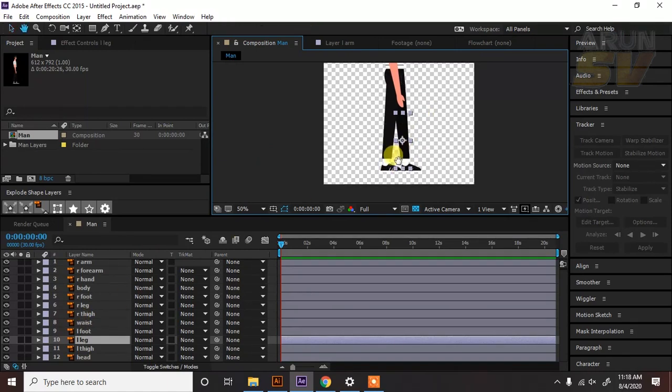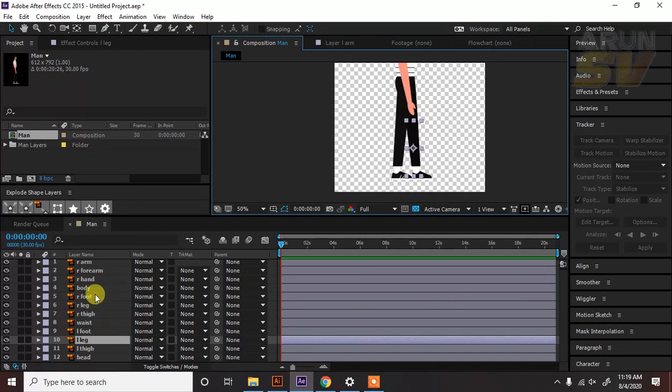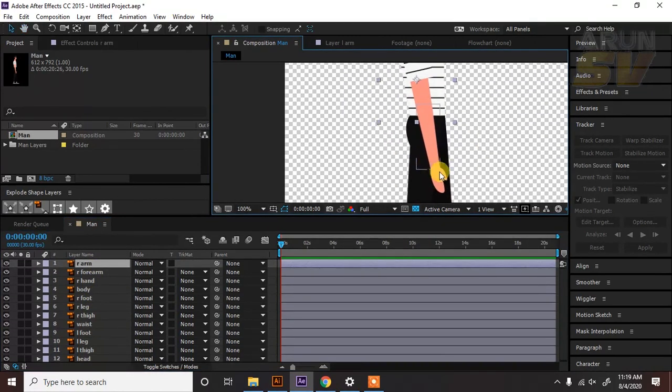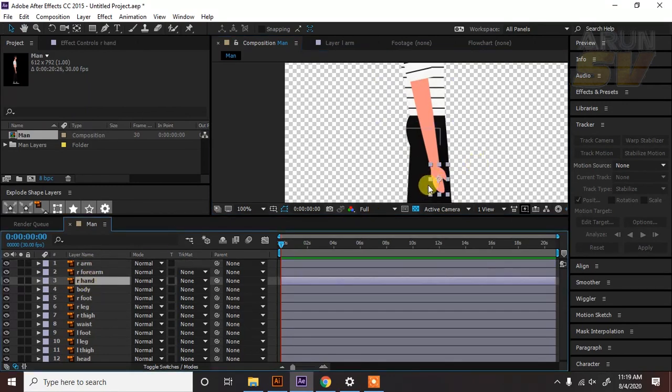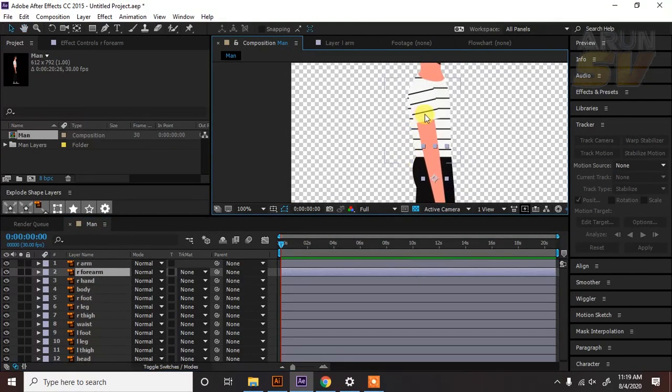Okay, now first of all we are going to parent it regularly. Start with hands. Right hand: parent it to forearm, then forearm parent it to arm, then arm parent it to body.